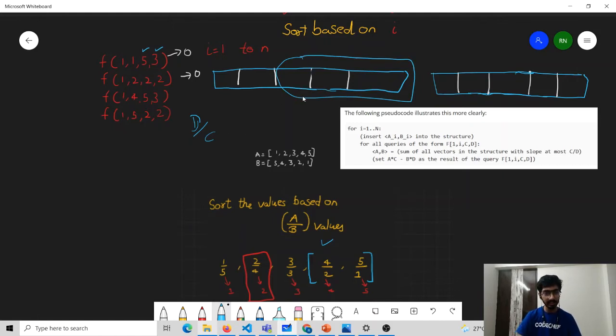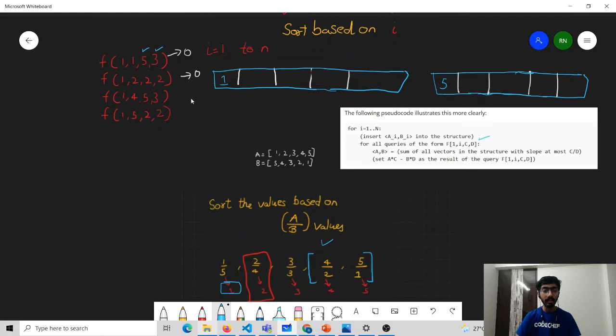and then we can consider the contribution of that suffix. How can we do that now? We can iterate from 1 to n, and on each iteration, we can first insert ai and bi. But how are we going to insert ai and bi? We have to find the index at which this would lie if the array was sorted based on the a by b values. And at that index, we are going to put our a and b